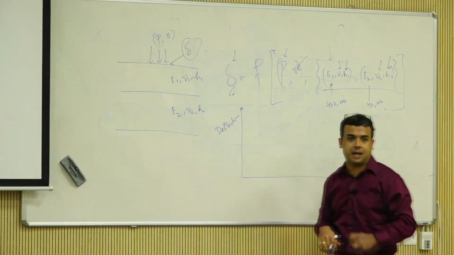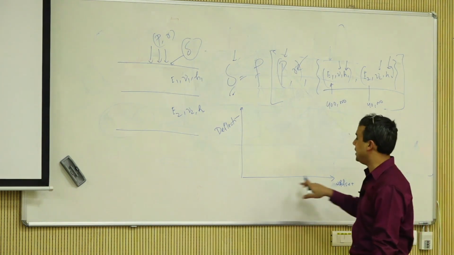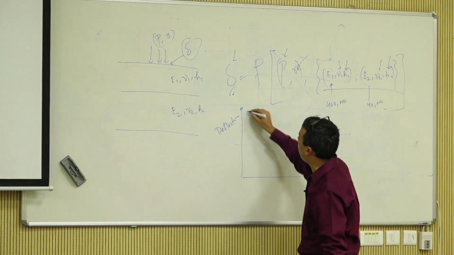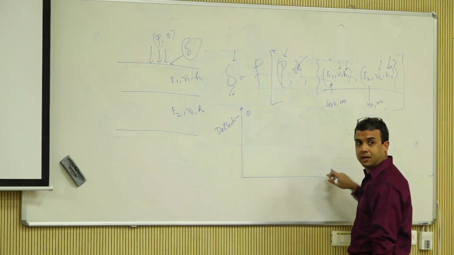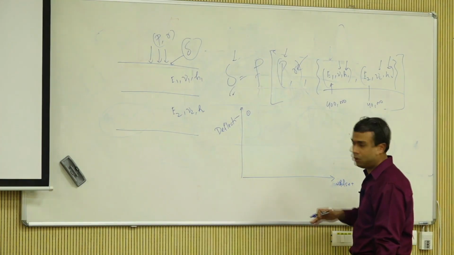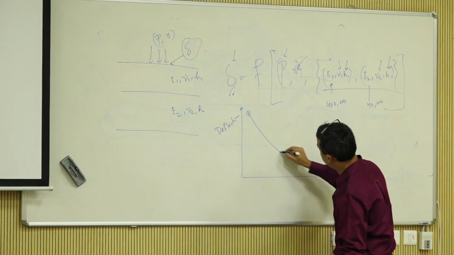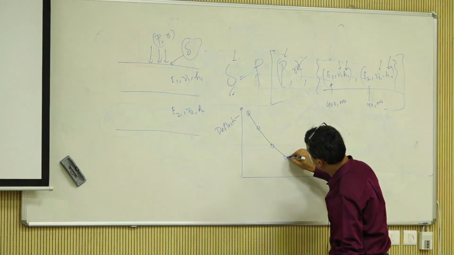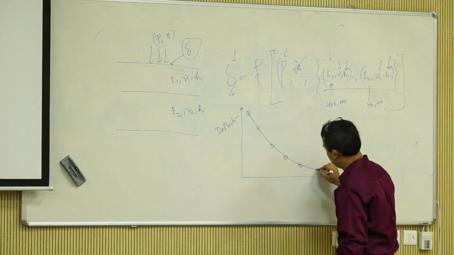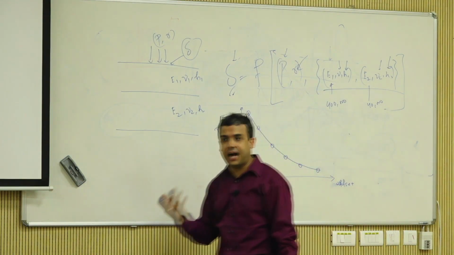Okay, and I'm going to say radial offset is 0, deflection is going to be very high, right? As it goes away, away, away, deflection is going to go low, low, low, low, low, right? So this is my predicted basin